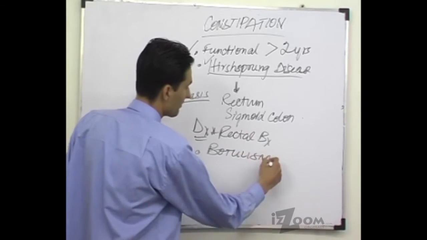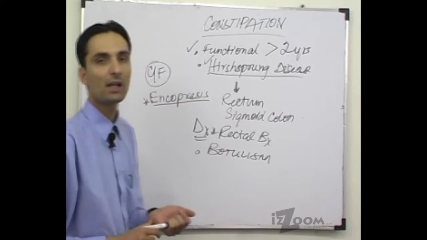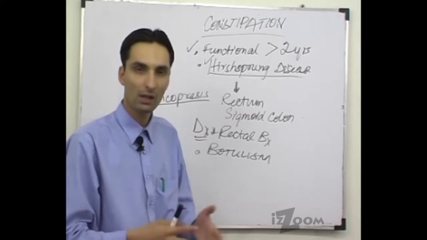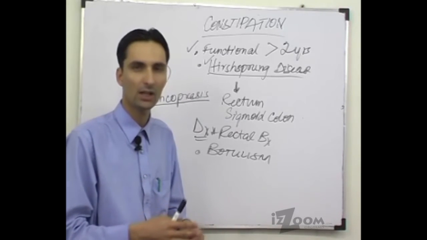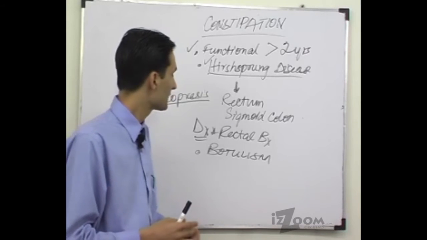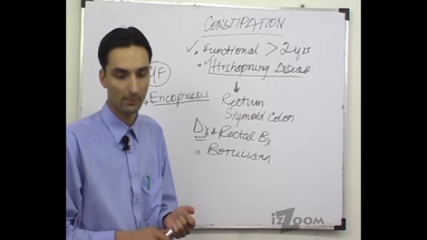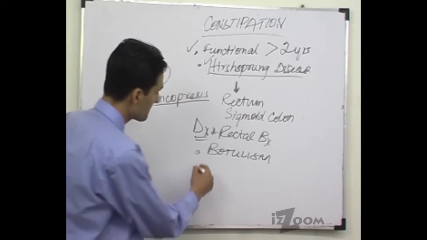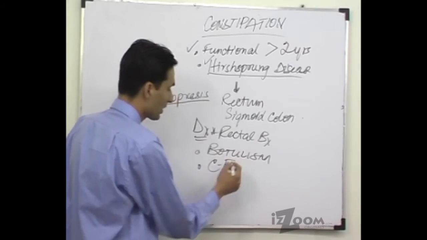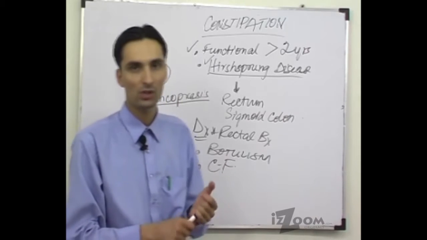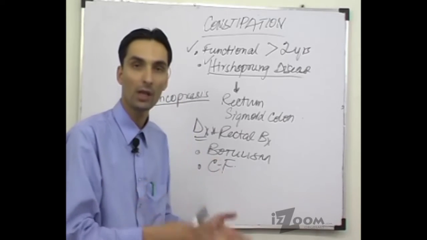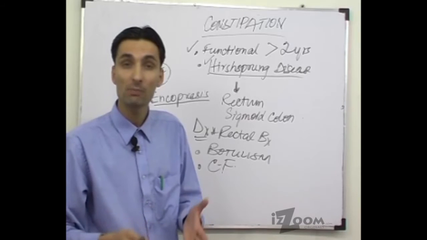Botulism is a cause that can be considered, especially if the infant is taking honey, because honey can contain spores of this bacteria, Clostridium botulinum. Cystic fibrosis patients can also present to you with constipation. Cystic fibrosis, as I mentioned, can present with diarrhea, and it can also present with constipation,